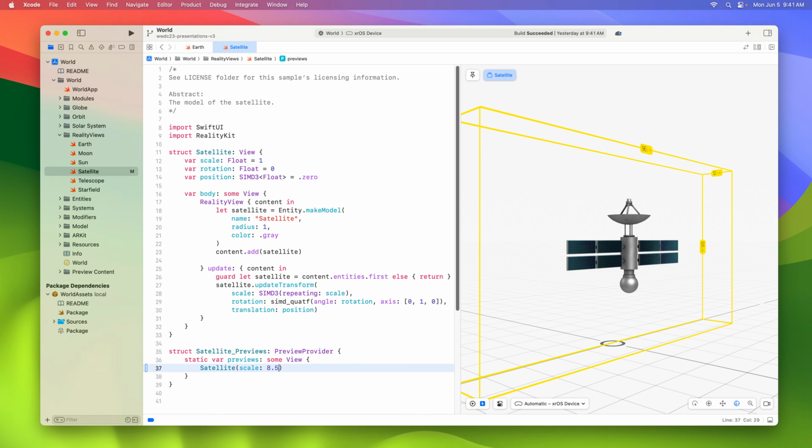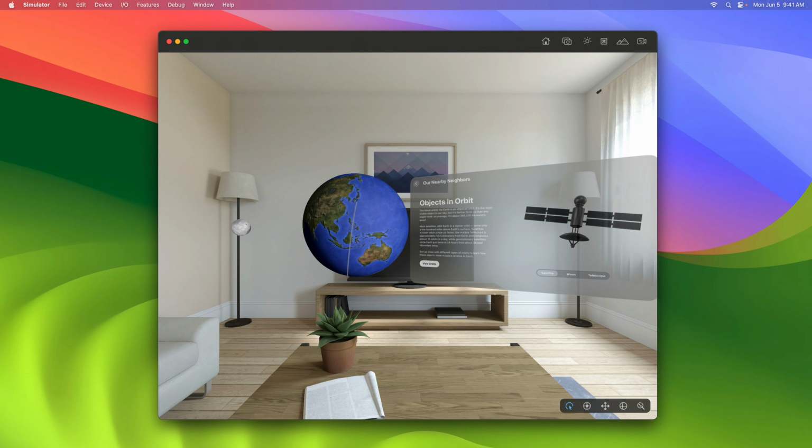Xcode Previews also has an object mode that allows for quick previews of 3D layouts. For example, seeing if your layout fits inside the bounds of the view. This is great for building tightly integrated scenes with both traditional UI and new 3D visuals. Xcode Preview gives you a fantastic way to get the layout right before you run your app.